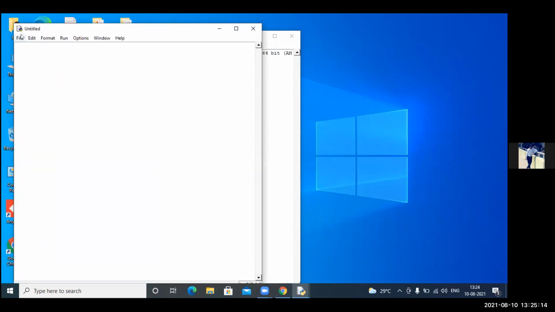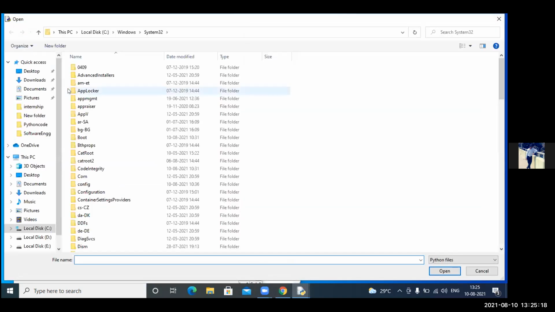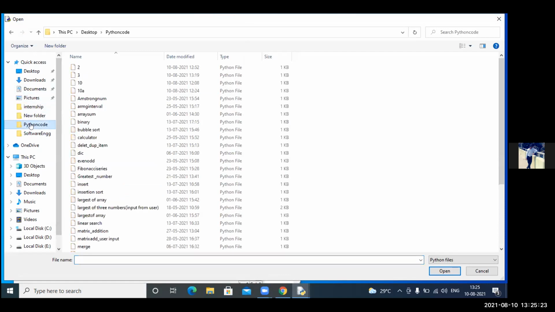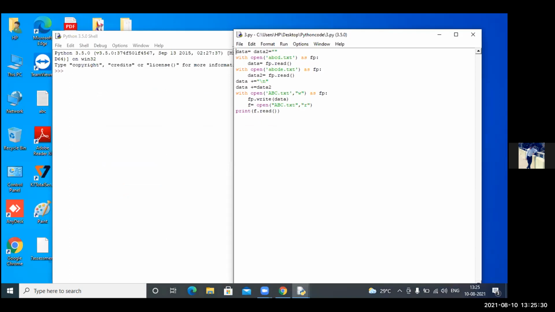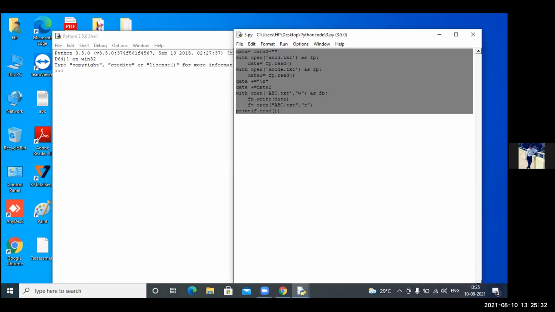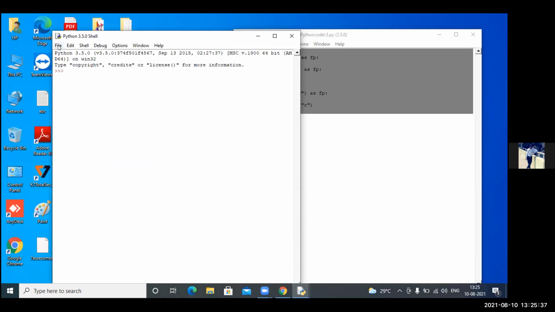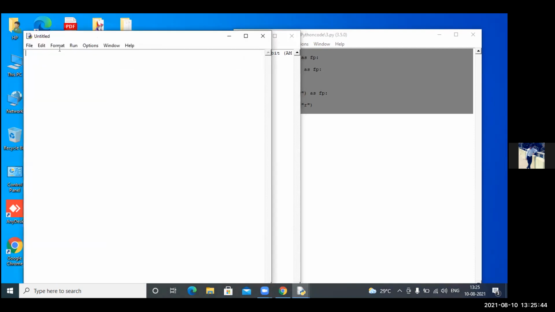You need to write the code again, right? Or is the code saved? Copy it totally. Okay, Control C and close it. Open file A, new open. New file, paste it, save it on the desktop.